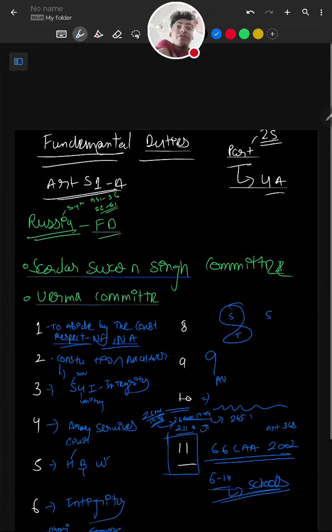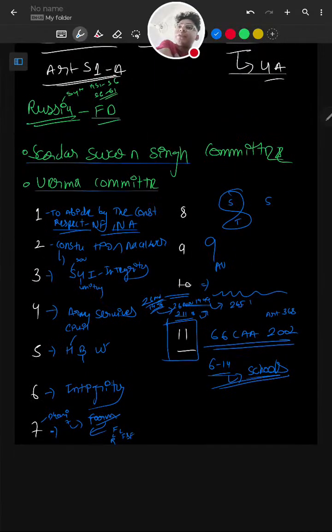So this was your whole fundamental duty. Now, fundamental duty, moral and civic duty. Moral basically means the moral one, right? You should have high moral values and all that, that is moral. Civic is like you should have civic sense and all that. And the civic duty, if you are a citizen of India, then only the fundamental duties are applied to you, right? The benefits and drawbacks too, and the law and all that.